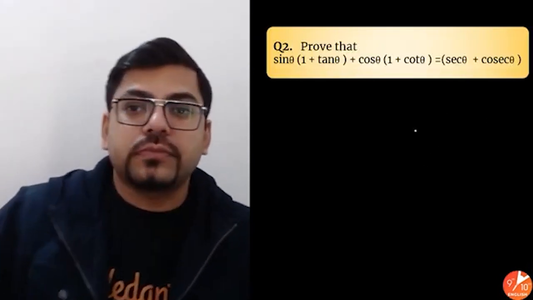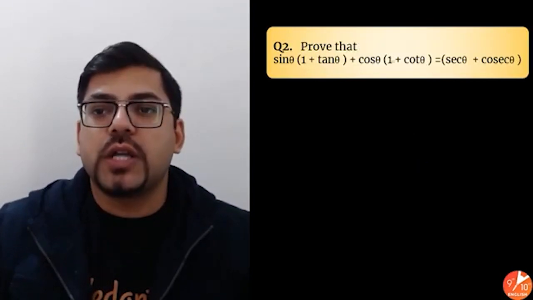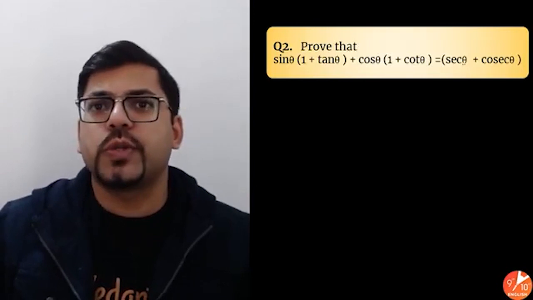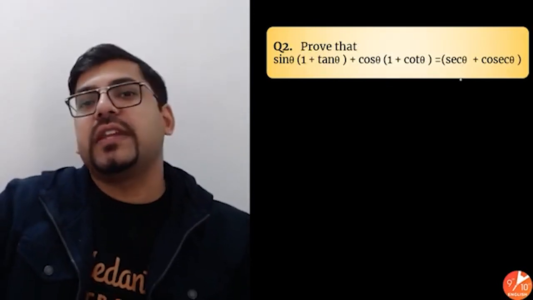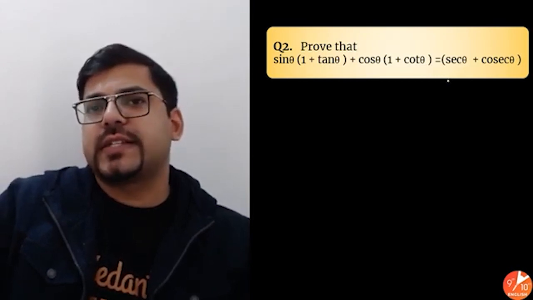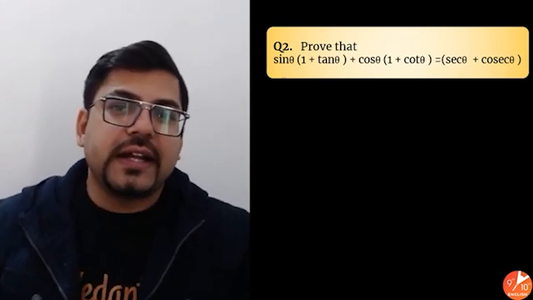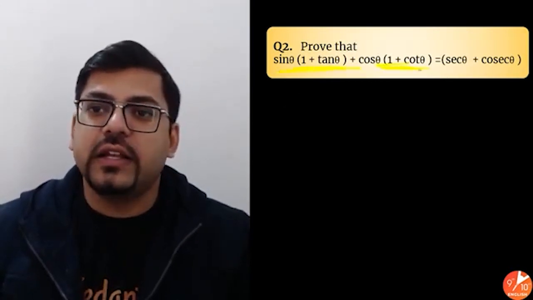Next question. Prove that sine theta into 1 plus tan theta plus cos theta into 1 plus cot theta equals sec theta plus cosec theta. So how are we going to do this? See, it's simple. We are able to see that in the RHS we need sec and cosec. Sec and cosec is nothing but reciprocal of sine and cos. So this means that we need to convert all the t ratios of the left hand side in sine and